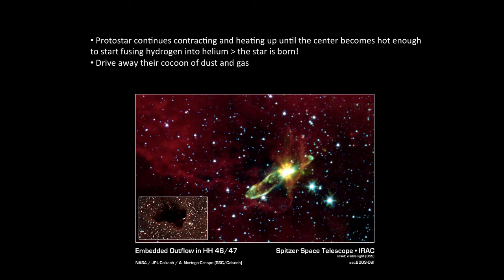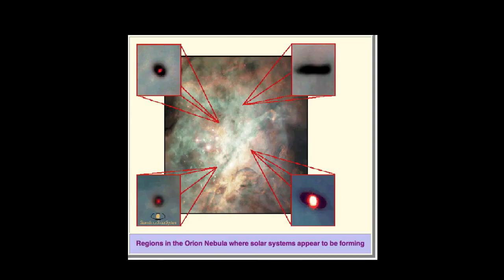At that point, the luminosity increases enormously, and the radiation pressure is enough to drive away the outer envelope of dust and gas that was shielding it from view. And that's when the star announces itself to the galaxy as a whole. Here are regions in the Orion Nebula where stars and solar systems appear to be forming. These are stars that are newly born and are blowing off their outer layers. You can see the hot central layer, which is the star or protostar, and